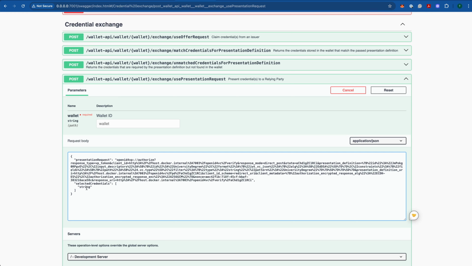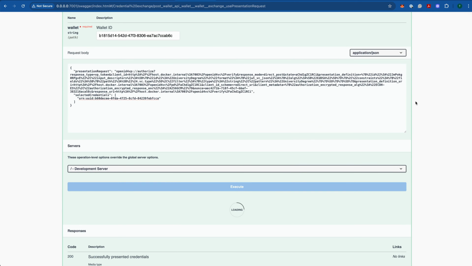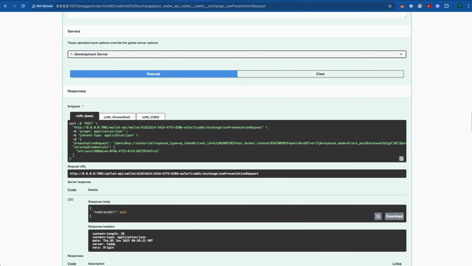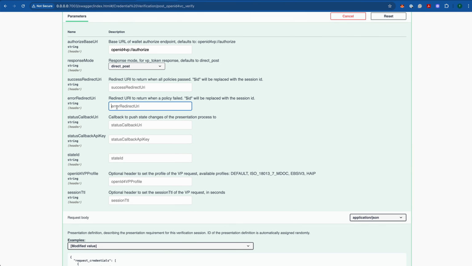And for the selected credentials, we need our ID, which we extracted earlier with the match presentation definition endpoint, and of course our wallet ID. Now when we execute this, we see there's no redirect URI provided, as we could have specified right here. And now that the wallet has shared the credential via the OID4VP protocol,